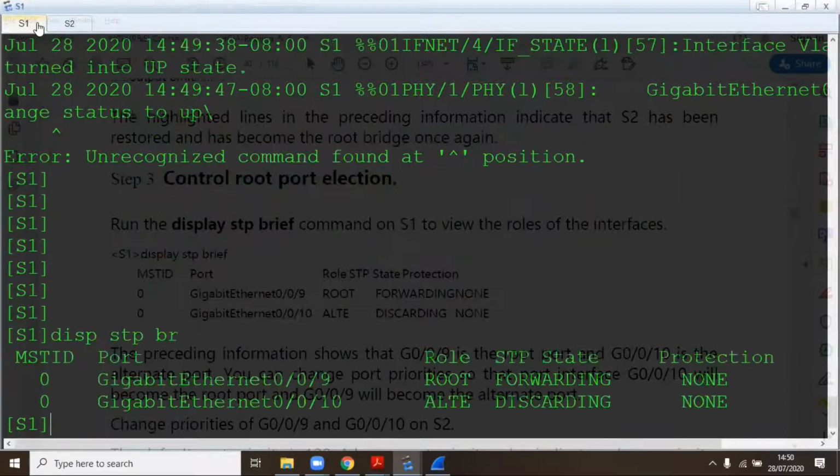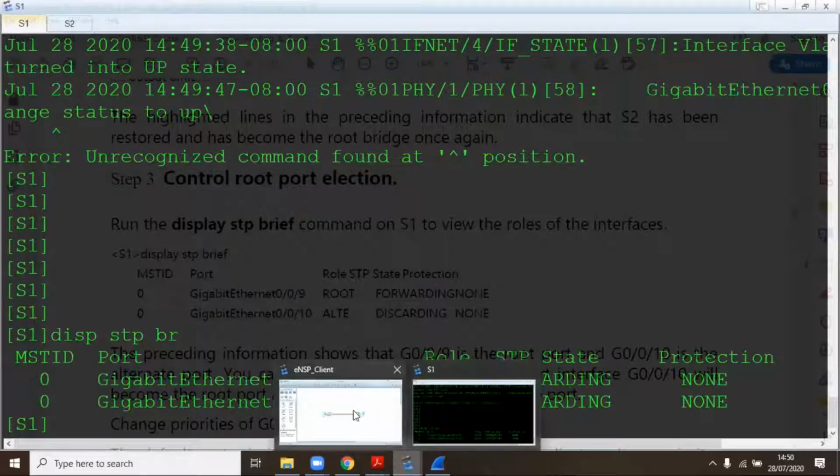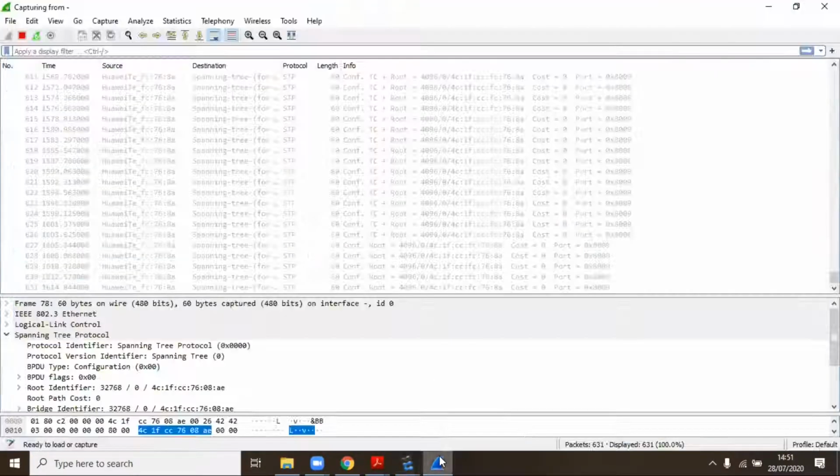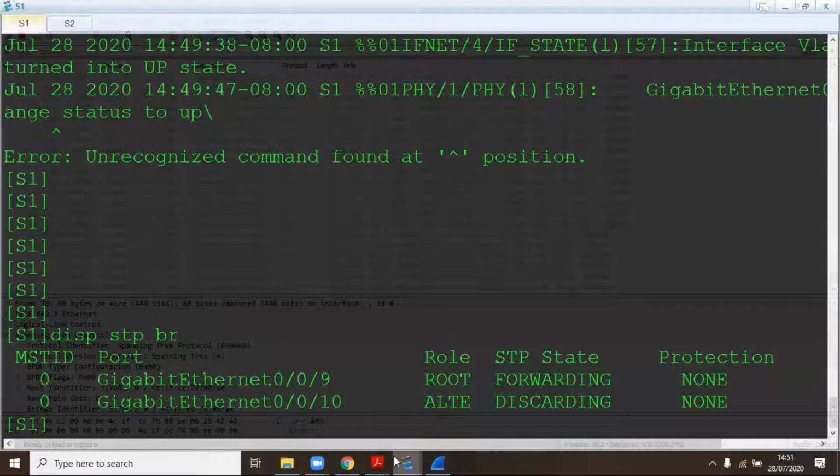Display STP brief. So we can see right now 009 is the root, 10 is the alternate. So we know that in choosing the root and which one to block, we normally use the root path cost. But if two paths offer the same RPC, the same path cost, like in this particular topology, 009 and this one, they offer the same path cost. So if they offer the same, then the only thing you can do to change which one becomes the alternate and which one becomes the root, is by configuring